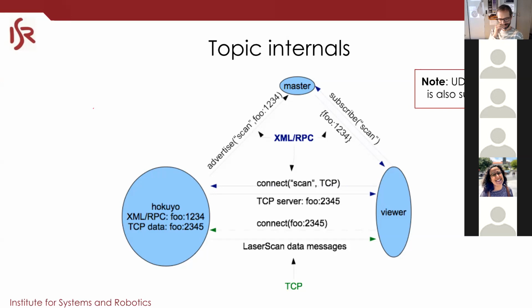Also, another interesting thing, as Professor Rodrigues said, no questions asked. If you get inside the network and you know the IP of the ROS master, you have access to the whole ROS network. So there are some security issues here. If you take your robot somewhere else, please keep that in mind.